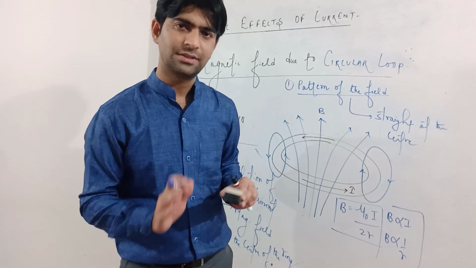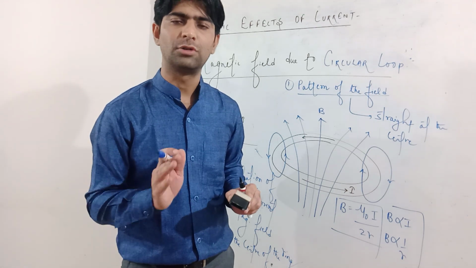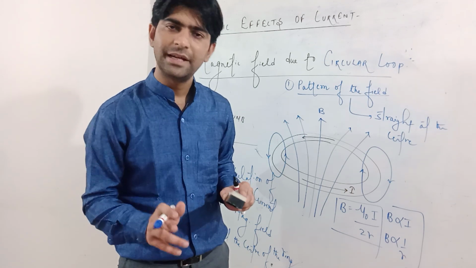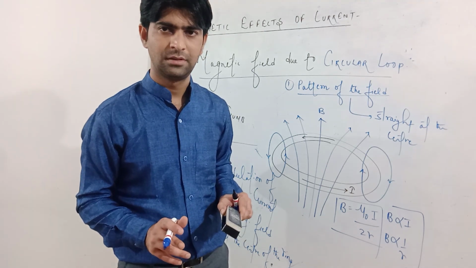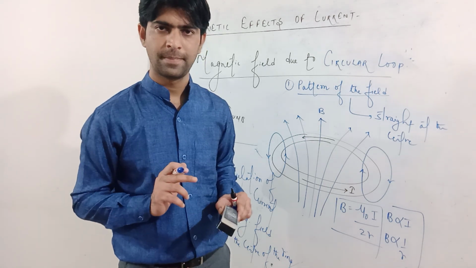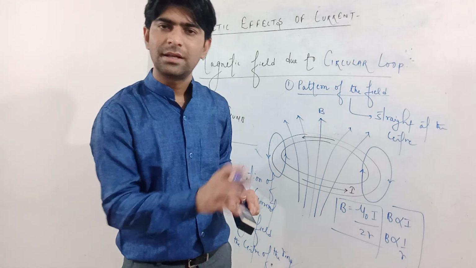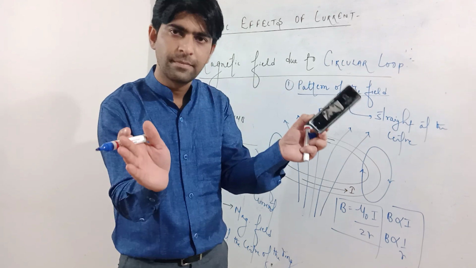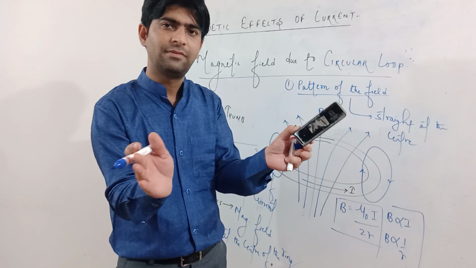In this class, we had a discussion on the straight conductor. For the straight conductor, the pattern will be concentric circles. The rule applied is the right hand thumb rule, in which the thumb indicates current and curls of fingers indicate magnetic field. The formula is B is equal to mu naught I by 2 pi R. If we talk about the circular loop, the pattern is straight at the center, and when we move away from the center, it will bend in a curved way. This is the pattern of the magnetic field.